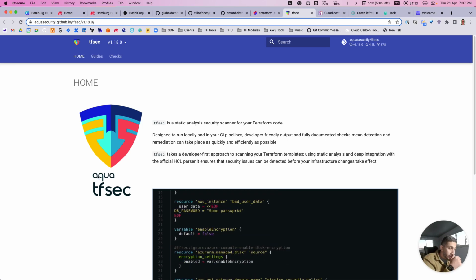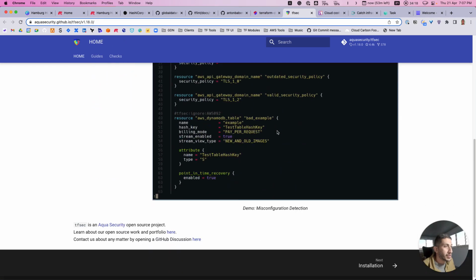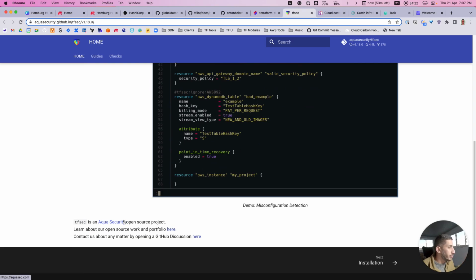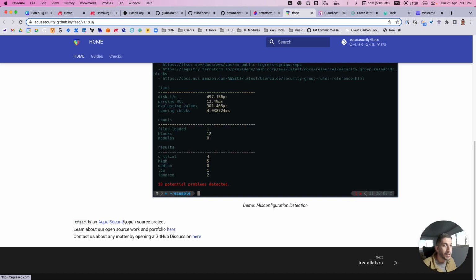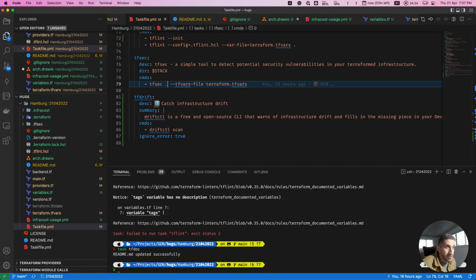But Aqua Security acquired TFSec. Aqua Security is well known on the Docker side, like Trivy for scanning Docker images, but they now acquired TFSec and are actually doing a good job with security findings for Terraform.